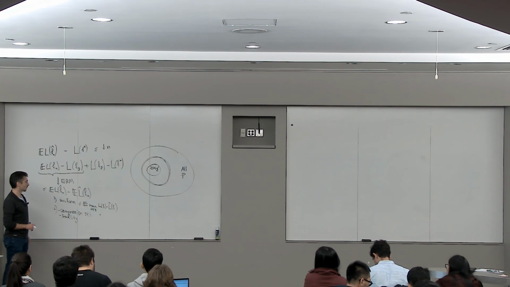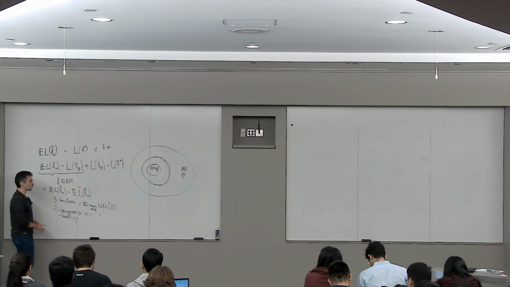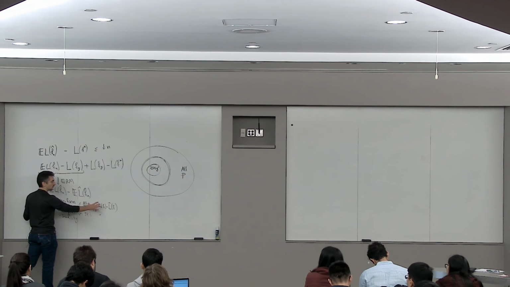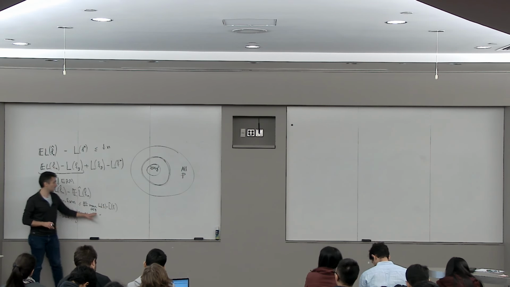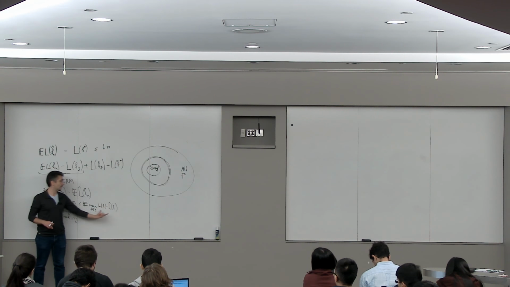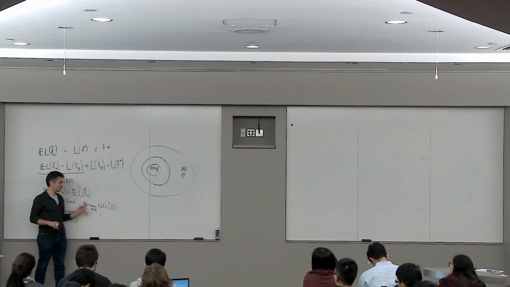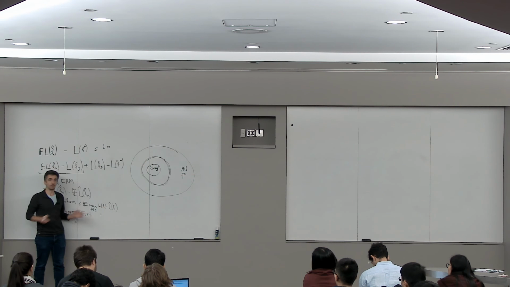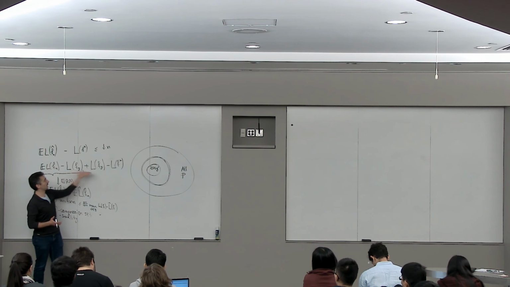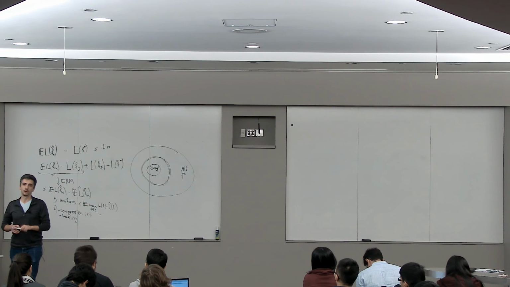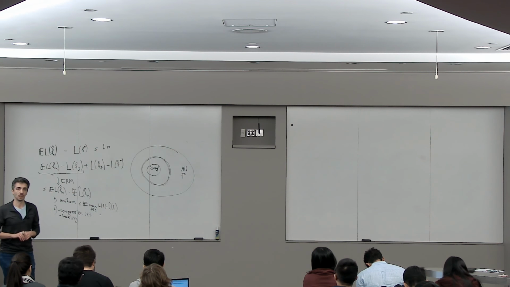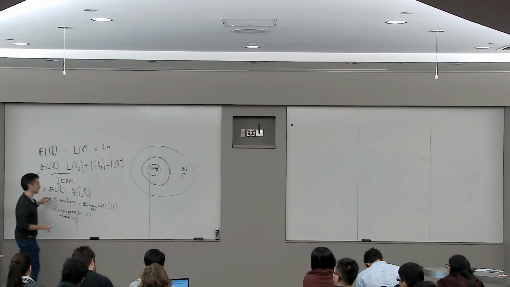So again, I would like to stress the fact that if capital F becomes larger, we have less and less ability to control these uniform deviations. And so at some point we cannot do it anymore. So in some sense you have to choose the bias and variance carefully so that you can control that expected maximum in the uniform deviations approach.